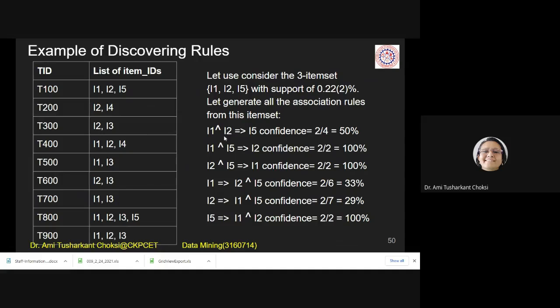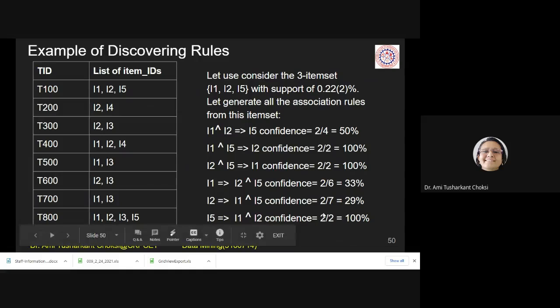So we can say the confidence of the rule I1 and I2 implies I5 is 2 divided by 4. And that is equal to 50 percentage. Fine. So is this rule acceptable? What is the condition to accept the rule? That is, the confidence of this rule must be greater than or equal to minimum confidence. Do we have the minimum confidence available here? It is not mentioned,